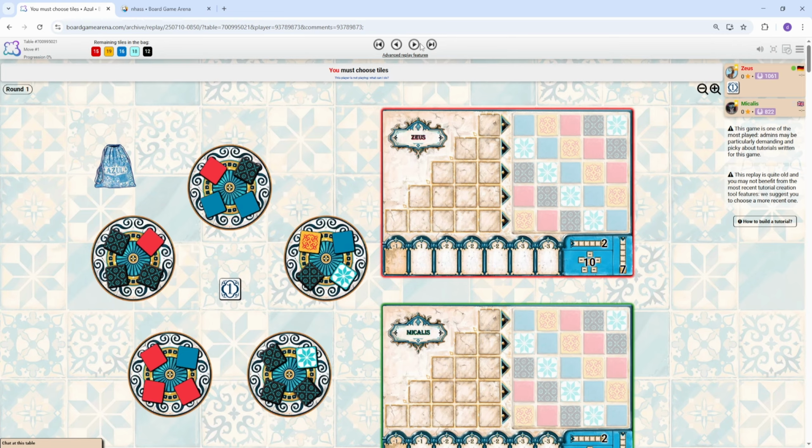The final row 1 I want to show is this game against Michalis, which has quite a crazy round 1 with a lot of clumps. So I think the first move is gonna be somewhat obvious, and it's to take 3. Or maybe it's not super obvious because you could start with red tiles in row 5, but the black tiles are simply the more important tiles,